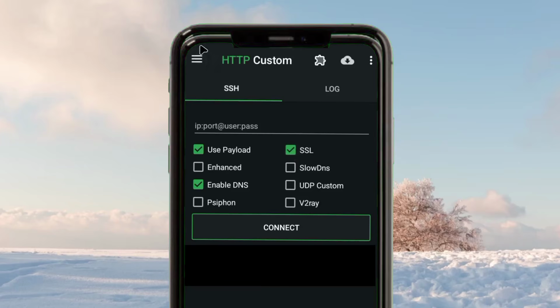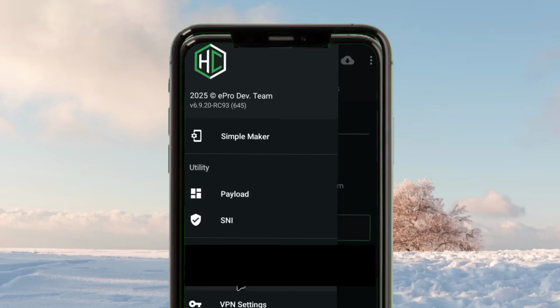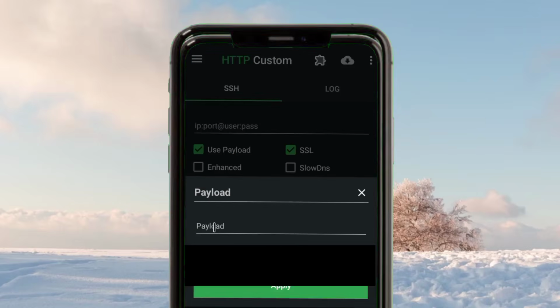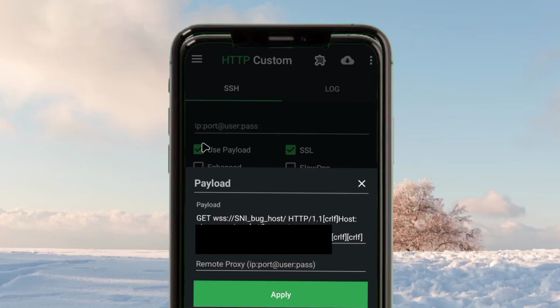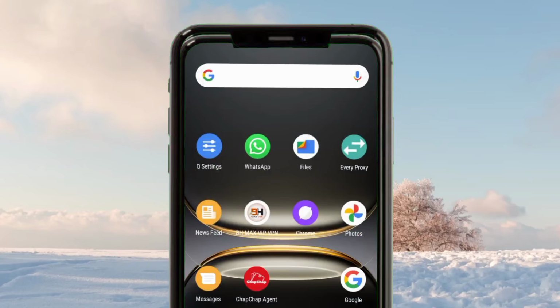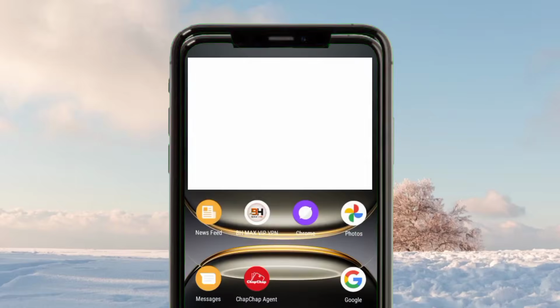Then you tap on the hamburger icon. From here you tap on payload, and conclusively you paste the payload in the payload field. After that, you apply your settings and quickly run back to the SSH website,